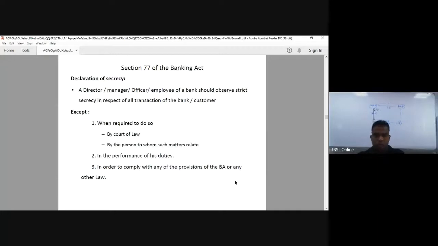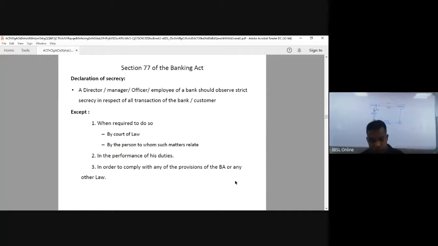Now, as per Section 77 of the Banking Act, it is not a breach of the duty of secrecy if you provide information to the relevant authority while performing your duty as a bank. This point is not mentioned under the common banking law. This point is mentioned under Section 77 of the Banking Act. So remember,